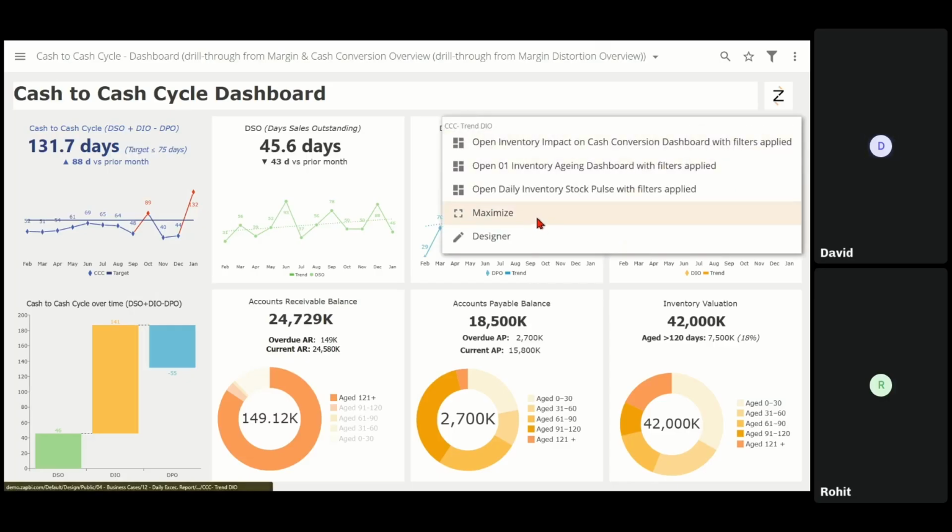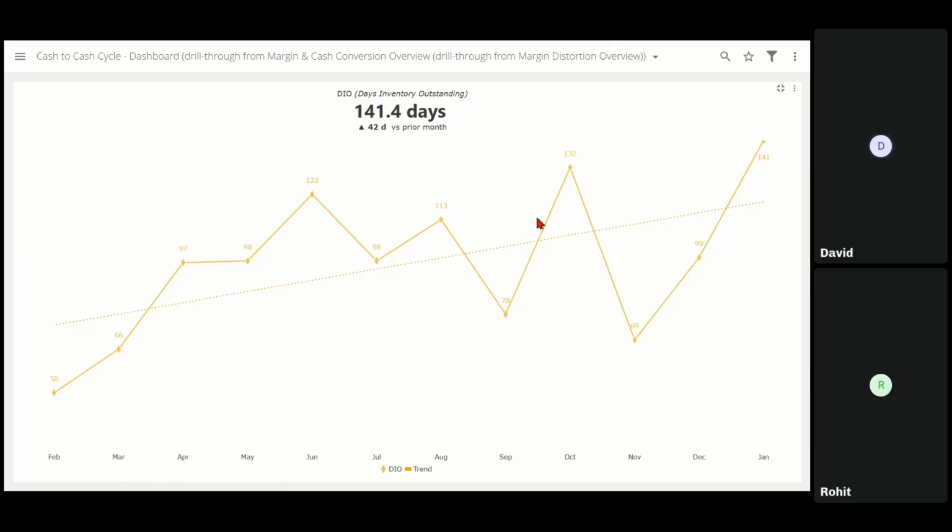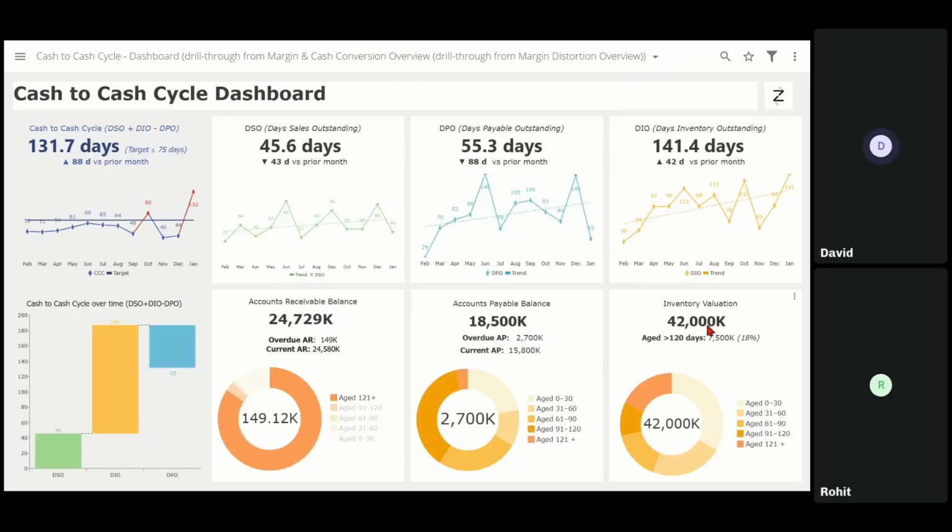This is where the problem seems to be. So this is a big red flag. We have 141 days in my days inventory outstanding, and it has increased by 42 days compared to the previous month. So this is a very, very big red flag. The inventory valuation is 42. If I see the chart below, the inventory valuation is